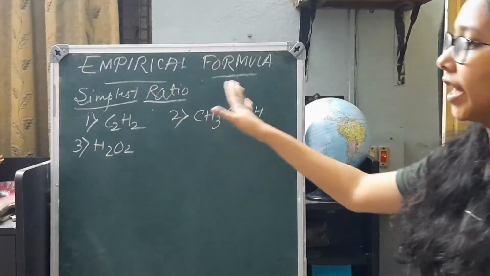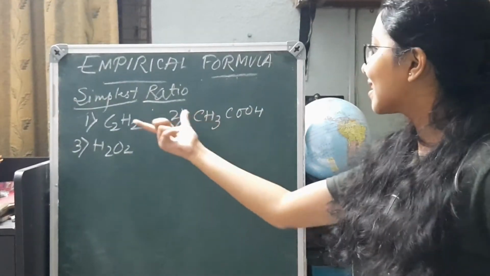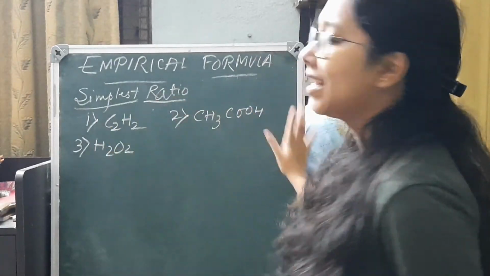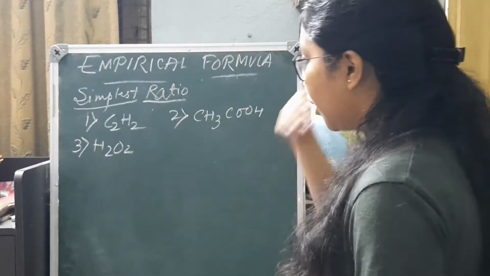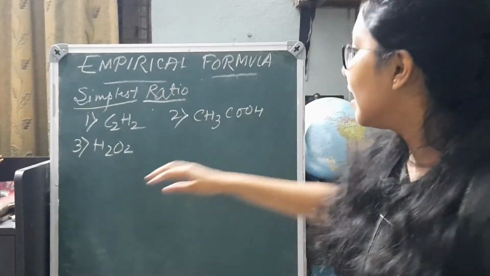First one, C2H2. Find the empirical formula of C2H2. Very simple, dividing both by 2, the simplest ratio is CH. Done. So you can see that it's so quick. In a fraction of a second it's done. Second question,